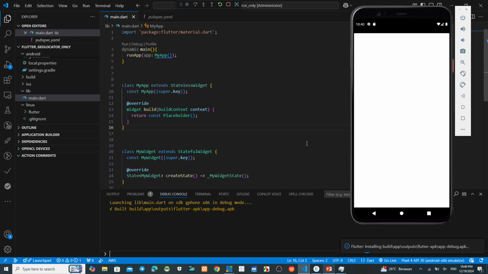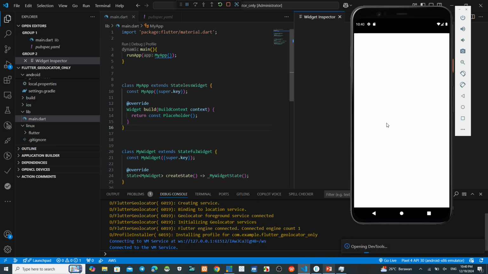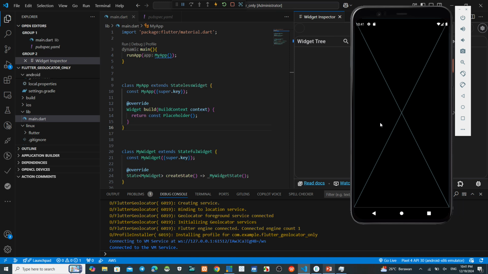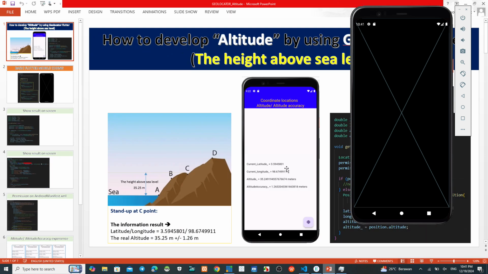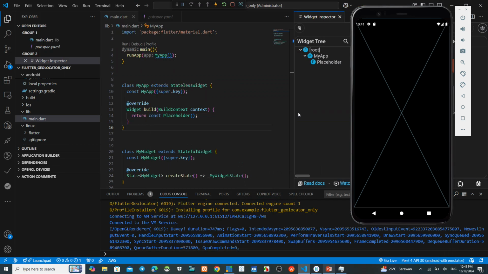Okay, maybe a few seconds we can see the result on this virtual device. This process will finish. Okay guys, this is the result. Same like this one. Okay, now we continue this project.